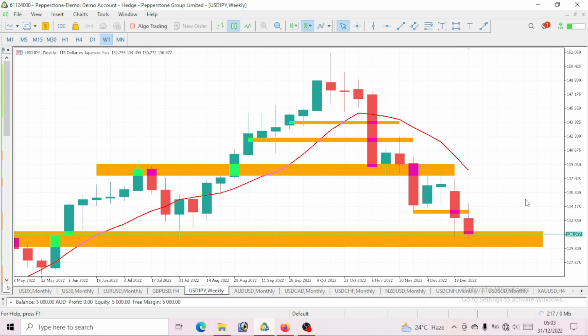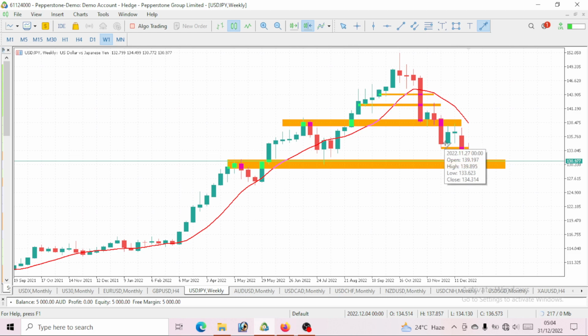The 10 period moving average, right? You can see it. Previously, price was trading above the moving average, but now it is clearly trading below the 10 period moving average. As long as price is still trading below this moving average, then we have no other option than to go ahead and sell on this USDJPY. So above all, we will continue that bearish move. So let's go bearish on USDJPY.